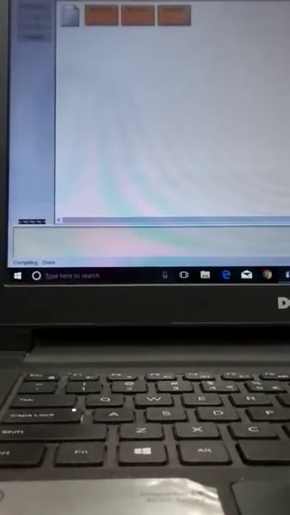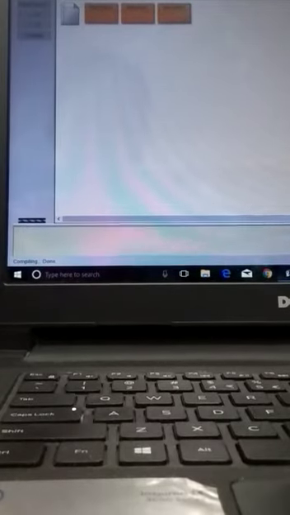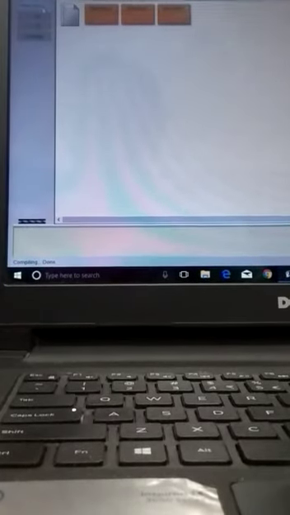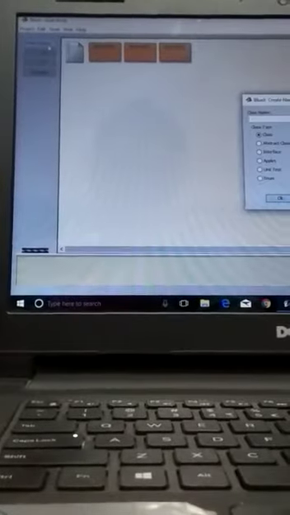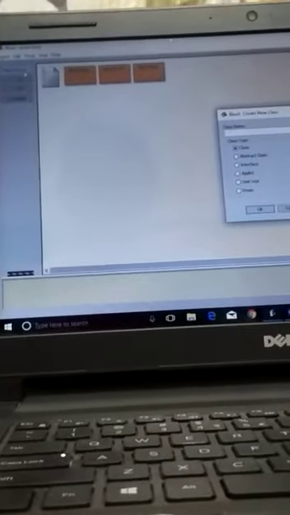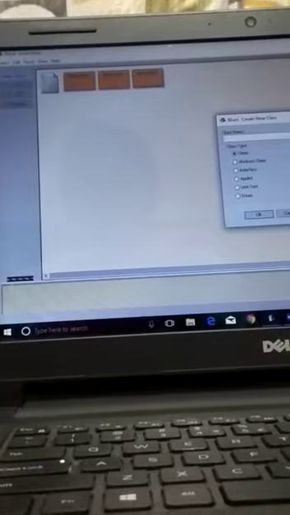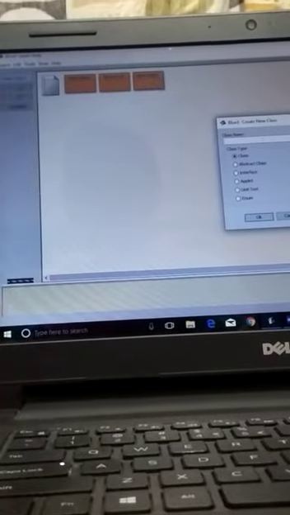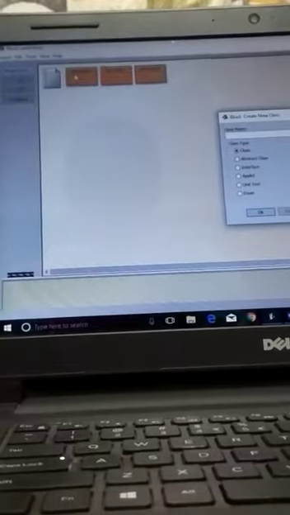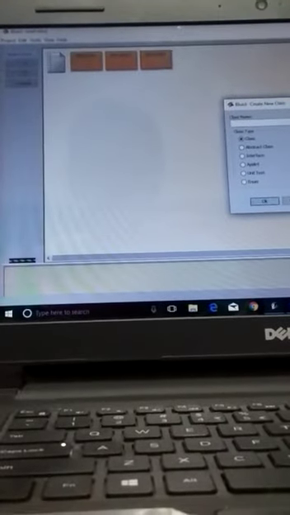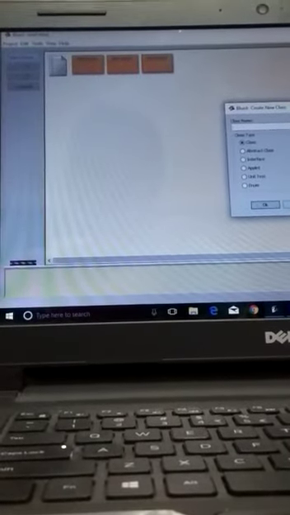In order that my video should not be very long, I have already created them, but I will teach you how to create the program. As you see there is an icon over here, it's visible to you, new class. When you click on new class, a dialog box will appear. In this dialog box, write the name as we have written first. For the first program I have written functions over here, and then press OK. So the class will be created.